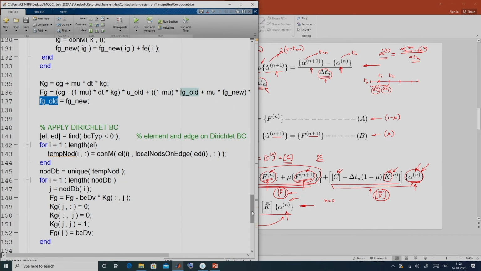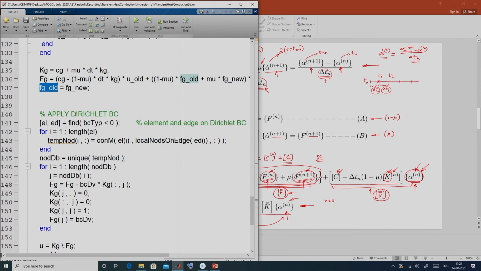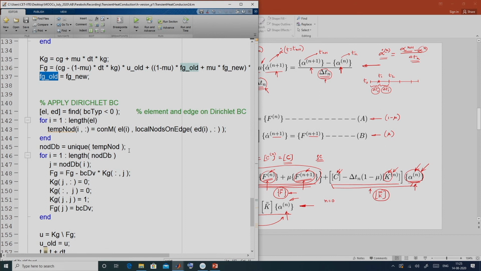Once we get that, then what has to be done? We have to apply the Dirichlet boundary. Now, in the problem in hand, all the edges are subjected to the Dirichlet boundary condition. So we have to assign the corresponding degrees of freedom as 0 for all time instances, and it can vary also; I can define them as non-zero. Here in this case we have taken the homogeneous Dirichlet boundary condition for simplicity.